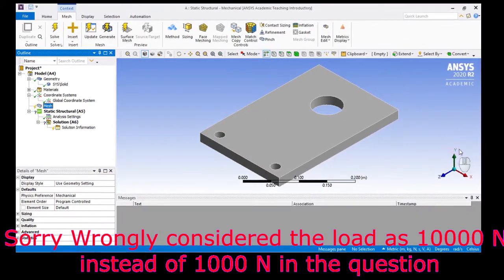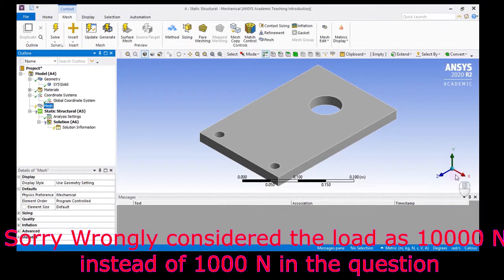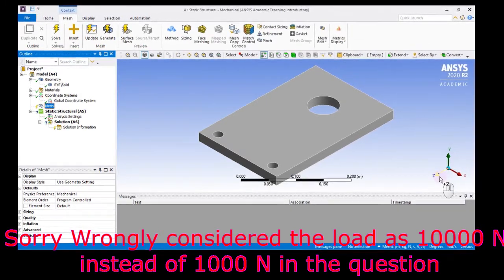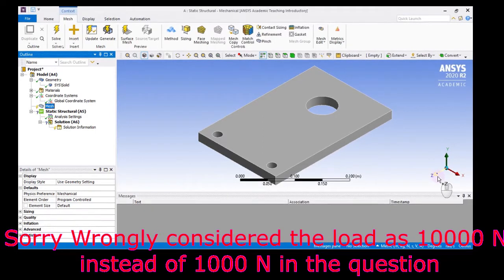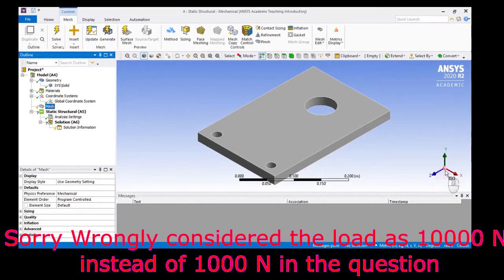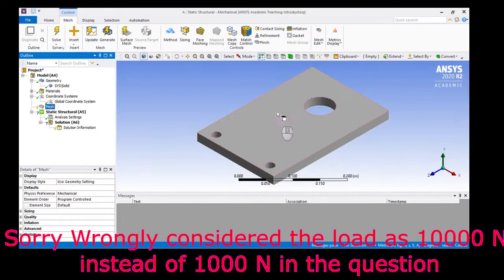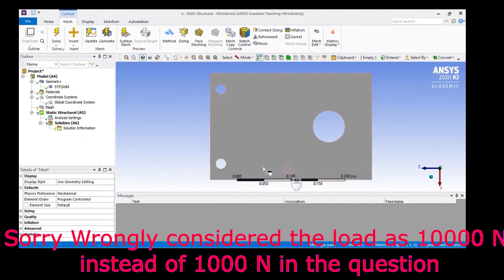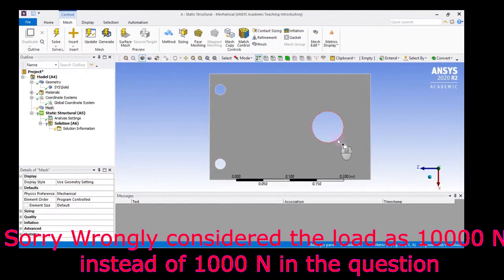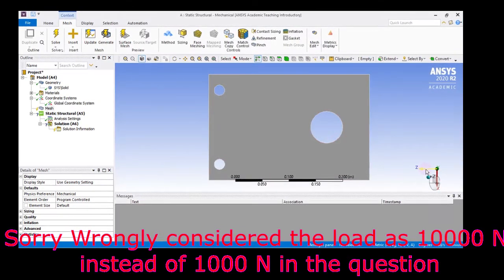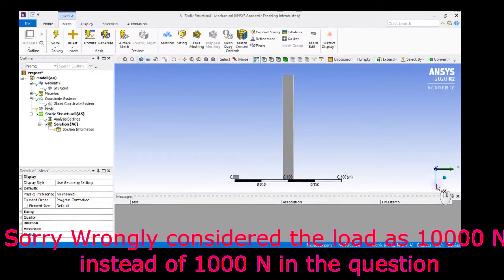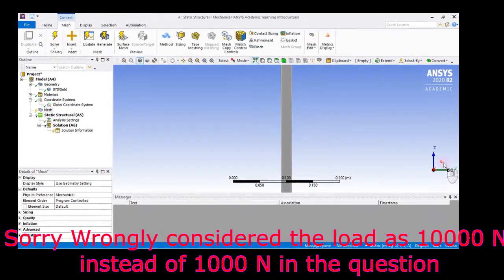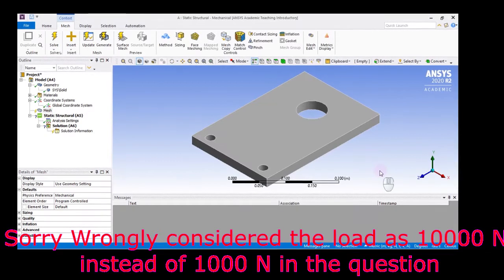The other thing is you can see your axes here: x-axis, y-axis, and z-axis. If you want to locate a particular view, you can click that particular axis. For example, I want to view perpendicular to this. You can click this y-axis. When you do that, you can see here that it is perpendicular to it. Similarly the z-axis or x-axis. You can also click this sphere here to see the isometric view, right?